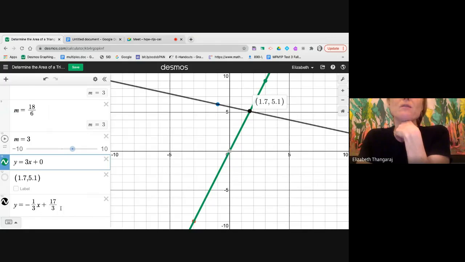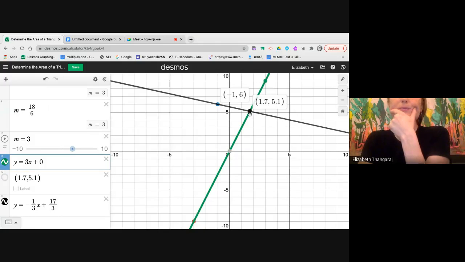And then we found the b by plugging in that last point, -1/6. So now what we want to do is find the distance of the base. We want to find the distance from this point to this point,